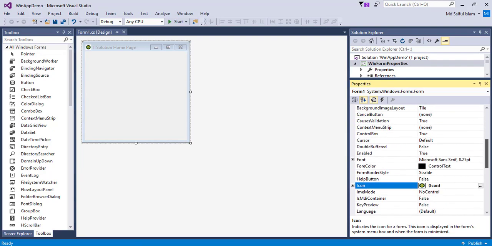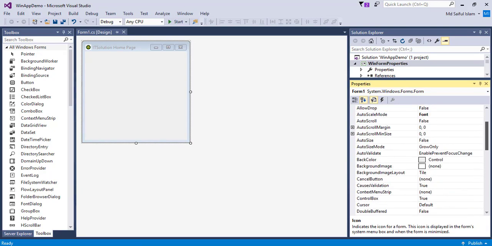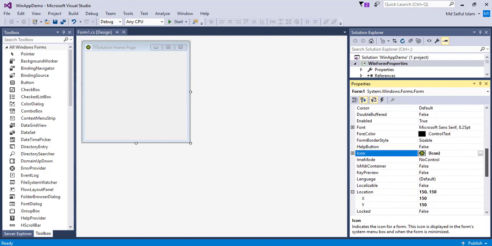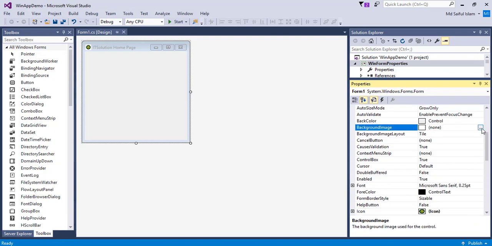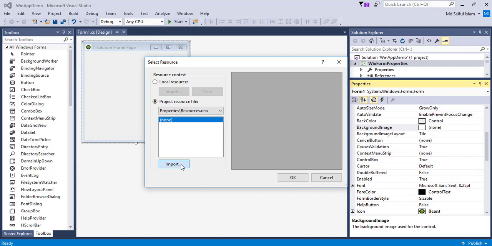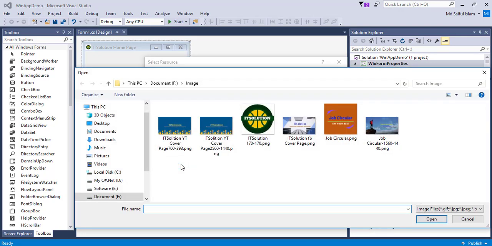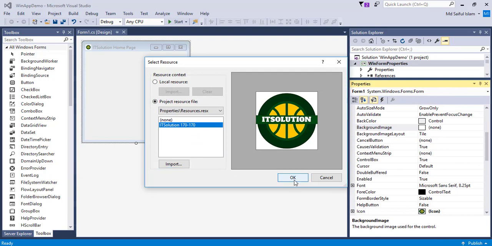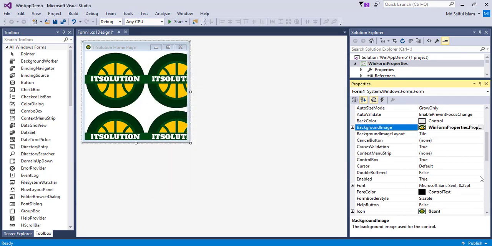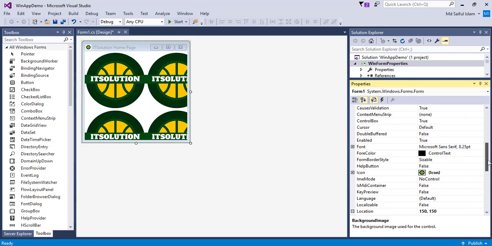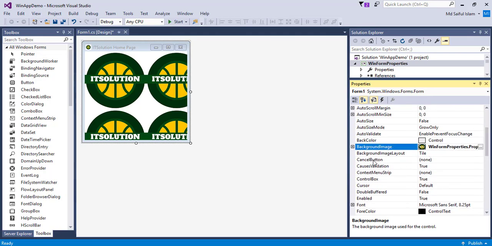Now I will set a background image of this form. I will import an image from my desktop. By default, the background image layout is set to tile.